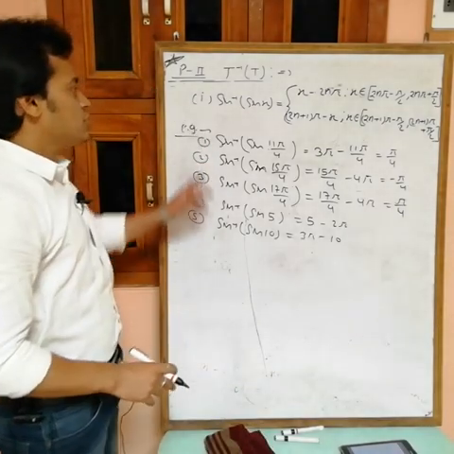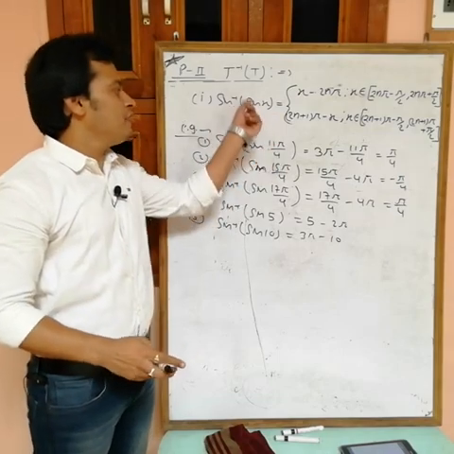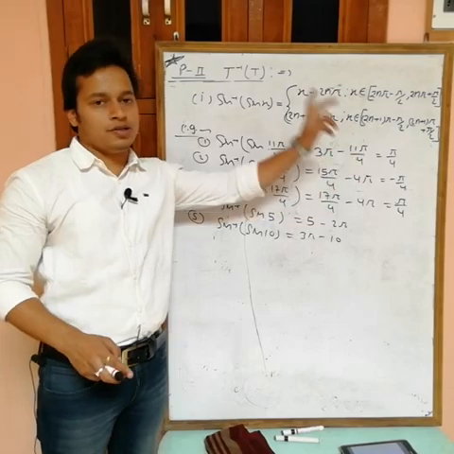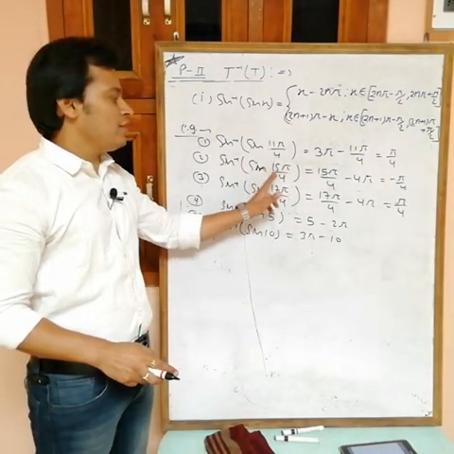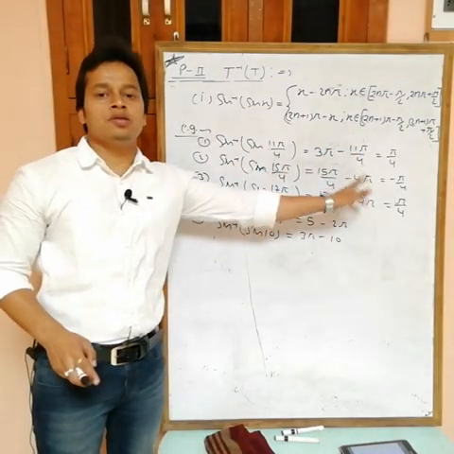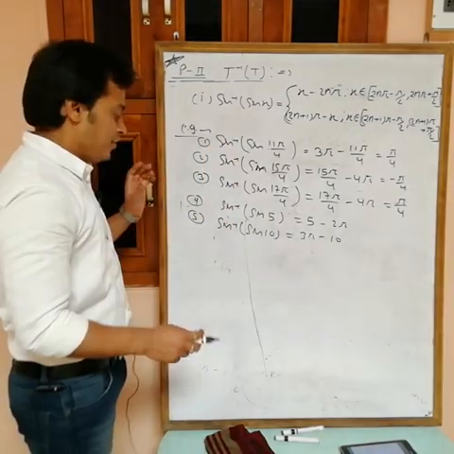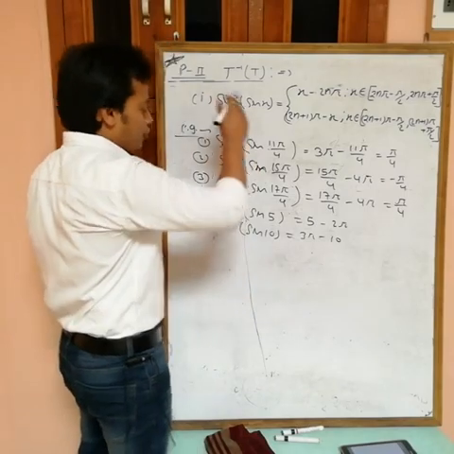So just remember this formula in case of sine inverse sine x. If x is near to an odd multiple of pi, then that odd pi minus x. If x is near to an even multiple of pi, then x minus that even multiple of pi. Okay, remember. Now suppose you want to draw the graph of